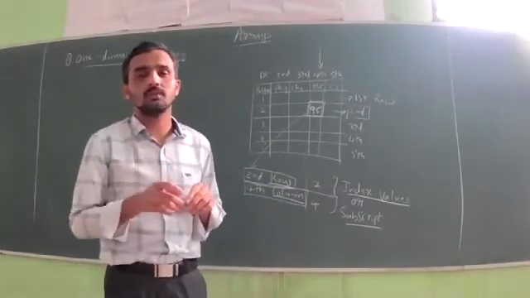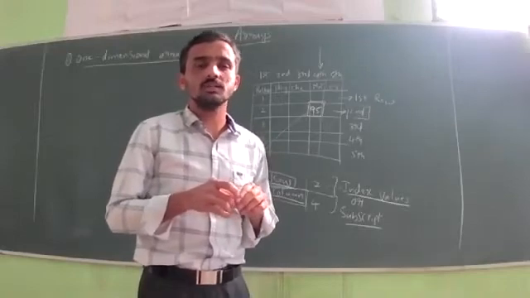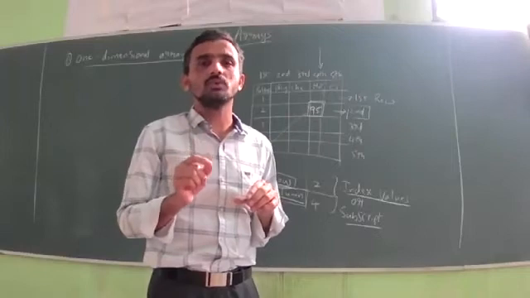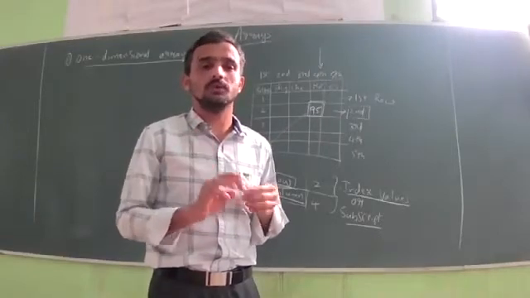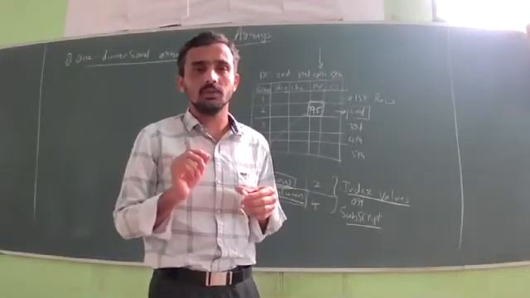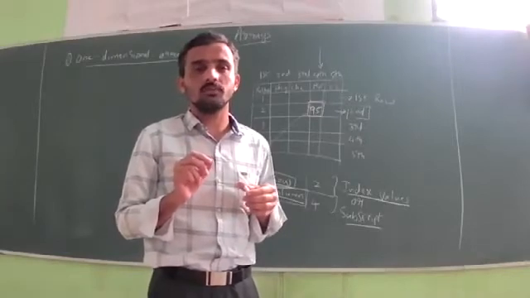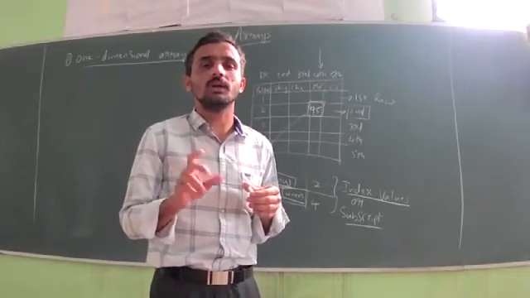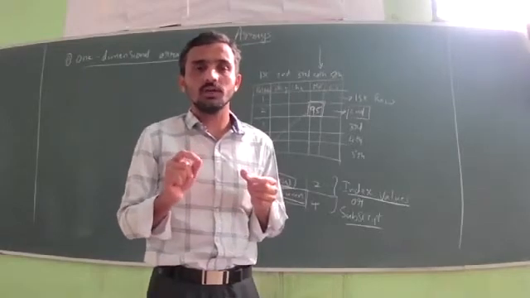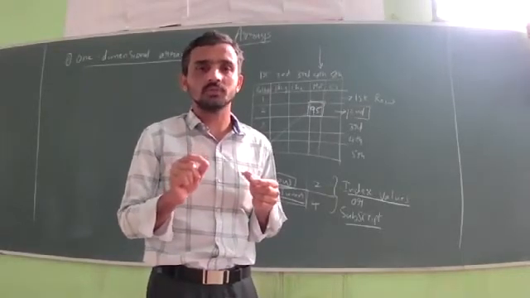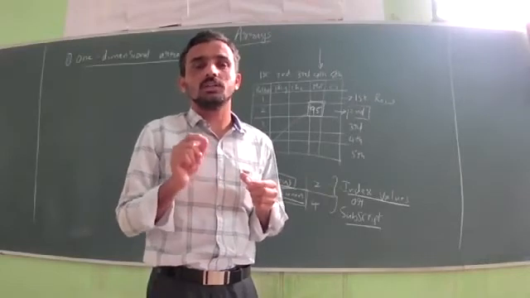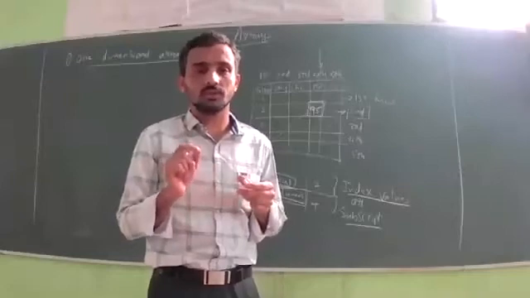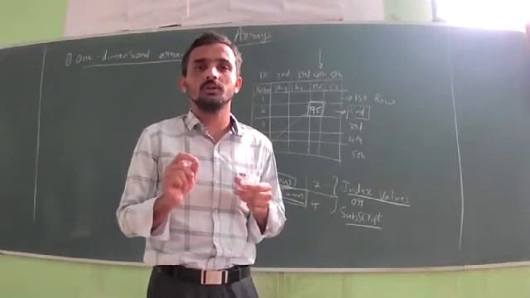Now, the definition of a 1-dimensional array is: a collection of elements with the same name and same type, but with only one subscript value. This definition you have to remember. A one-dimensional array is a collection of elements with the same name and same type, but with only one subscript value. The definition of an array is common for one-dimensional, two-dimensional and multi-dimensional: a collection of elements with the same name and same type.